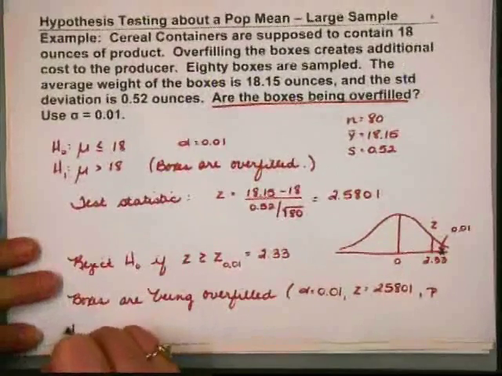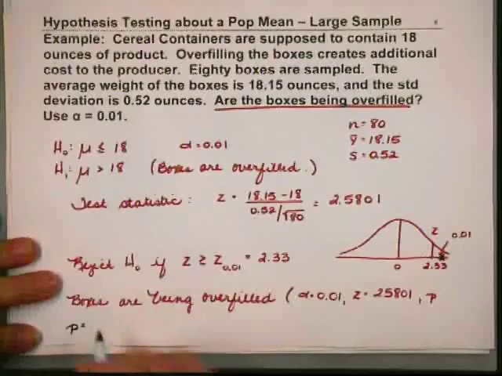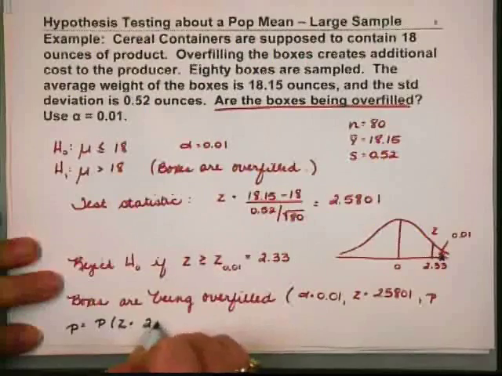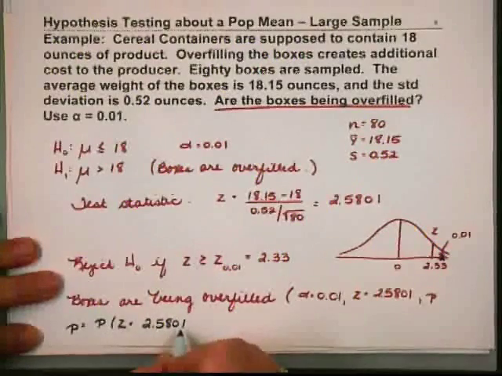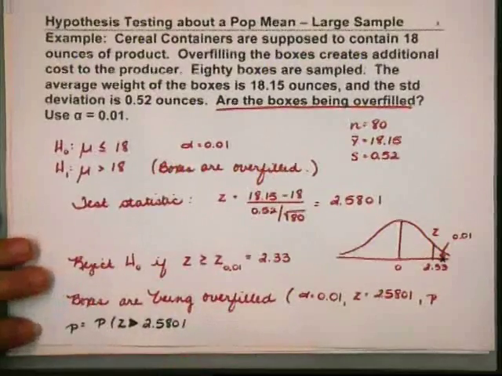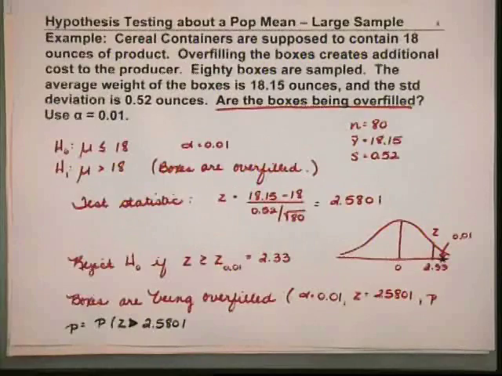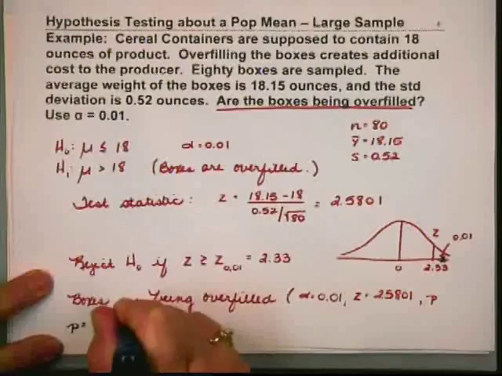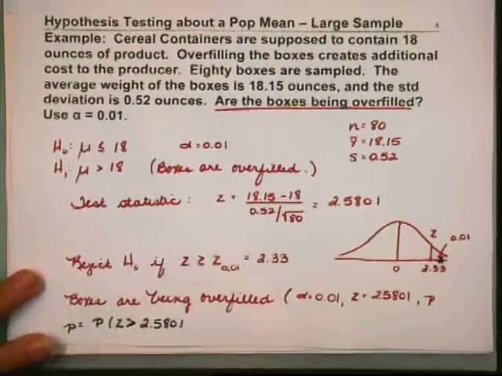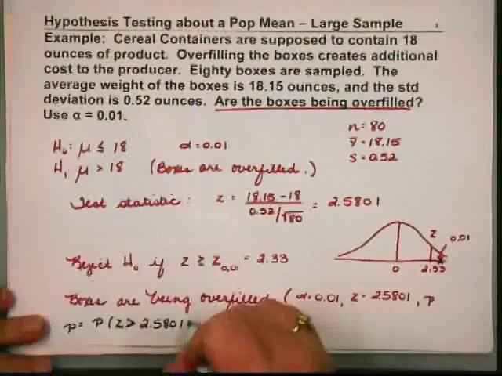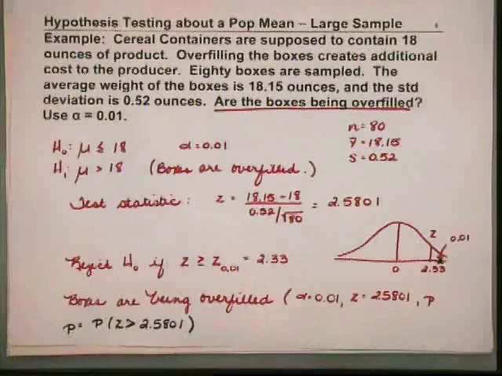So how would we compute p? P would be equal to the probability of our observed test statistic, 2.5801, or one more extreme. And more extreme would be to the right. Agreed? We don't double it because we were interested in one direction only, overfilled, right? So we need to look up